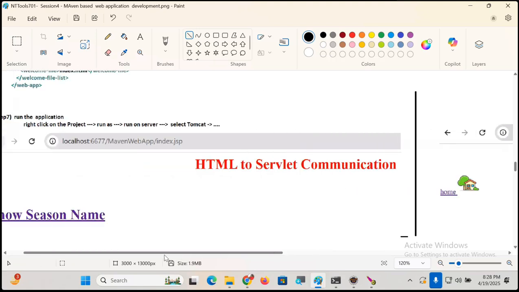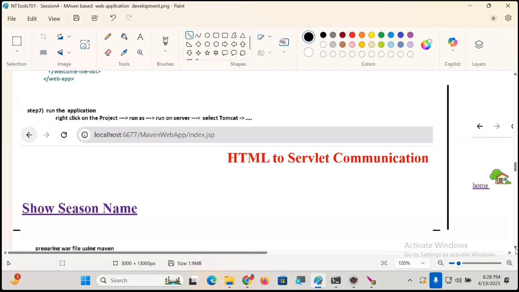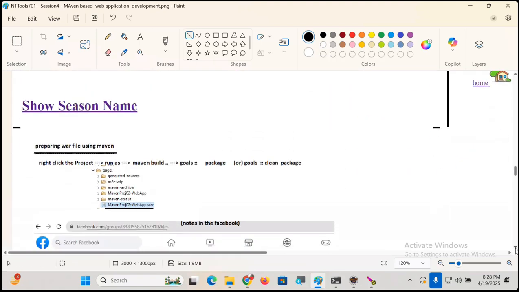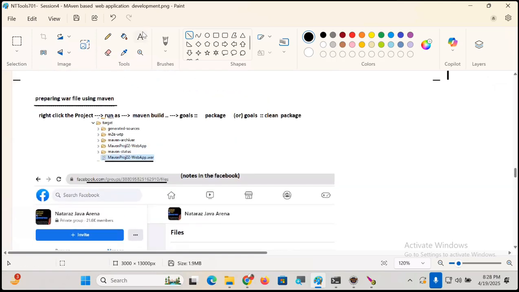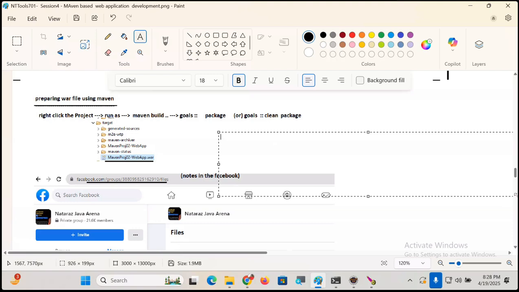These are the options that we are having. Preparing the WAR file, guys. We prepared the WAR file or not, guys? Once we got the WAR file, to deploy this WAR file,